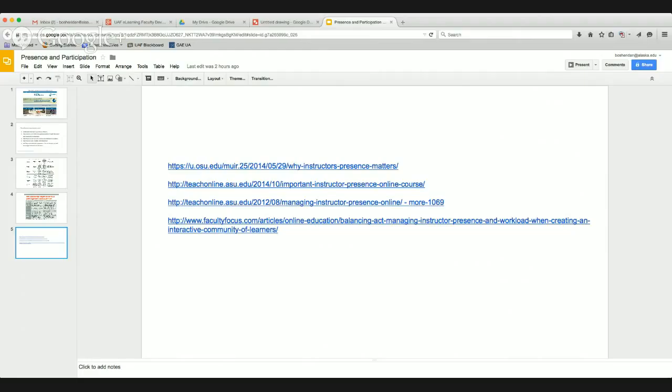And this last one is the balancing act, recognizing that it does take a huge amount of time to respond to every student, especially individually. So how do you design a course so that you can manage your responses to students and they're still getting the benefit of your presence? So it's a really useful article.